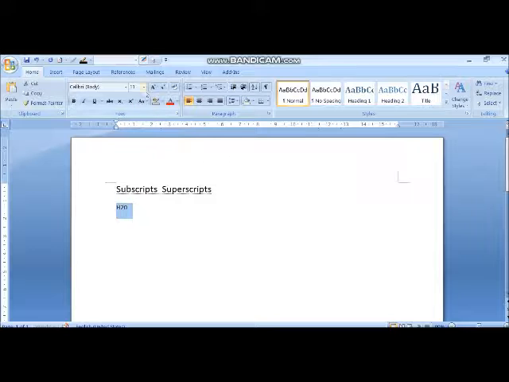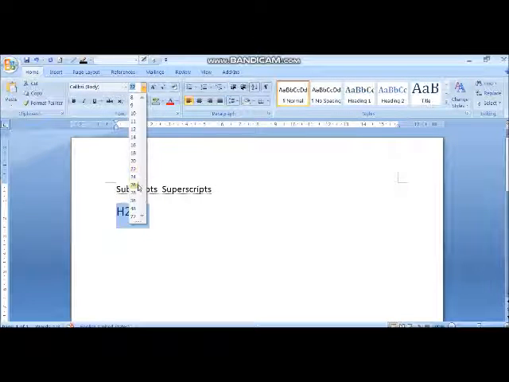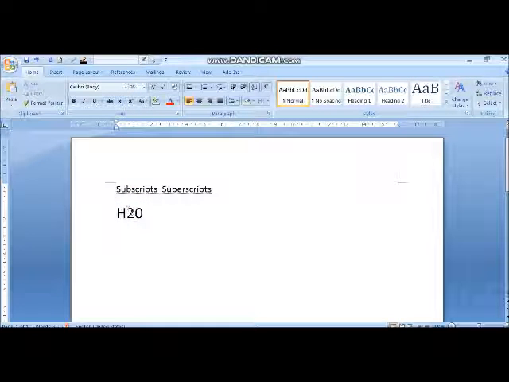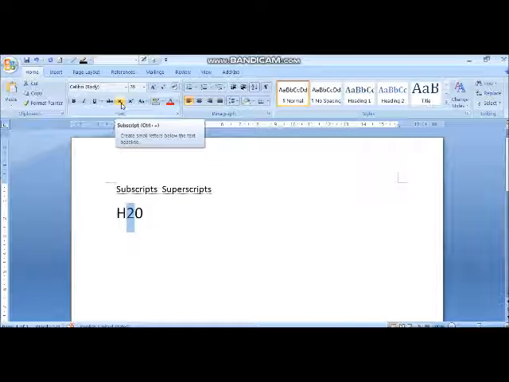First I am going to increase the font size so you all will be able to see. Now how to write this H2O? So we are going to select 2 and click on this subscript. And the shortcut key for subscript is Control plus equals.